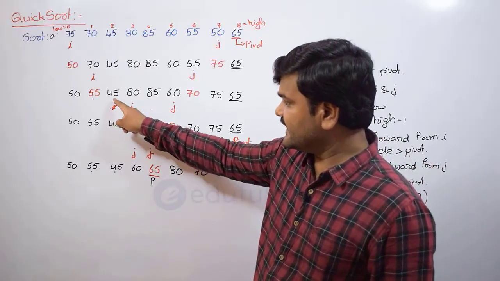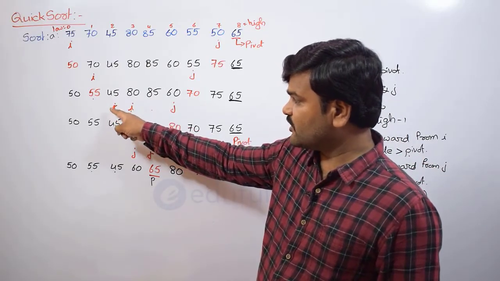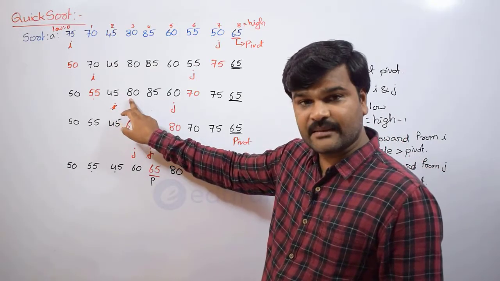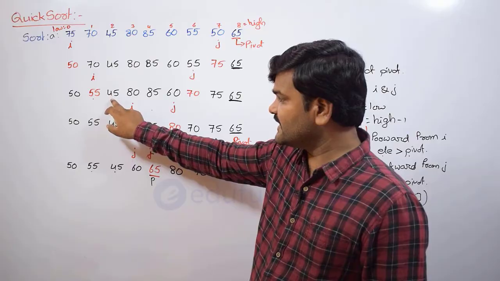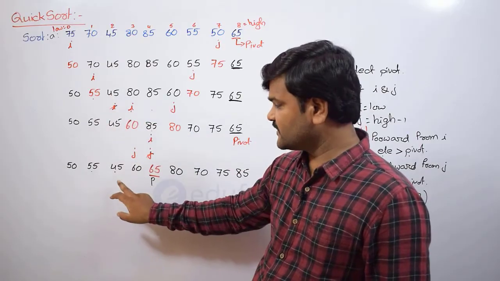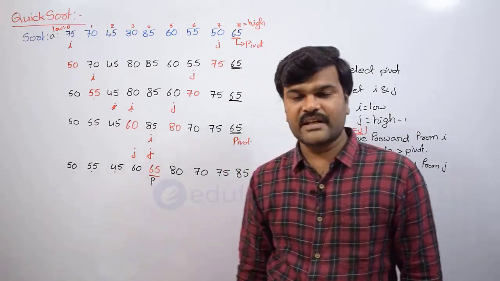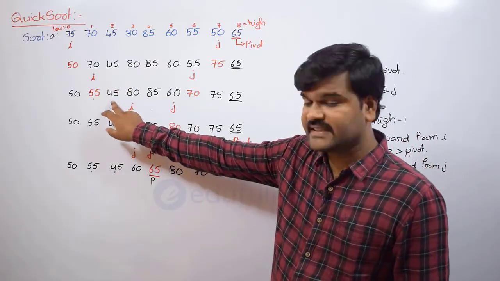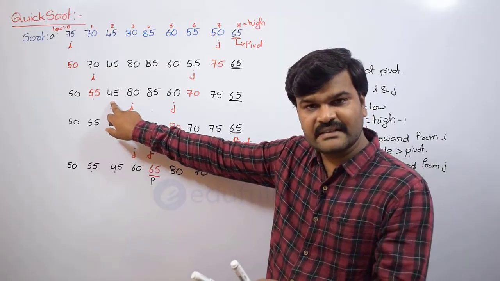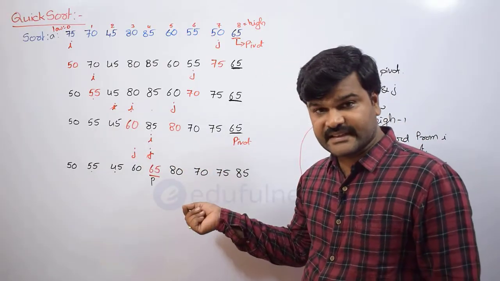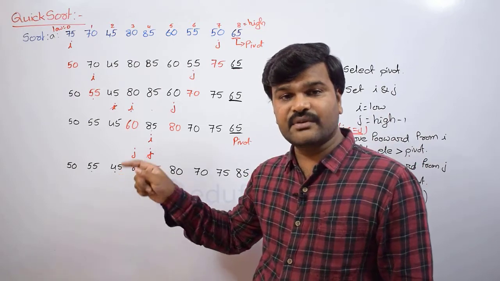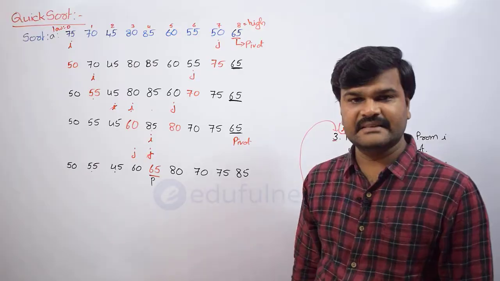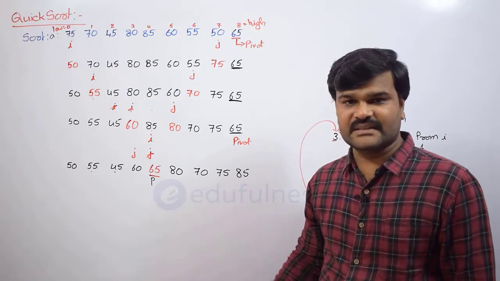So if you find any element which is less than the pivot when you are moving forward, you are skipping, you are going to the next element, because anyhow it is less than the pivot, which means it is going to exist on the left side of the pivot element at the end. So that is why you need not do anything for the elements which are less than the pivot when you are moving forward, and you need not do anything when you are moving in the backward direction if you find any element greater than the pivot. So that is what is happening here. So this is actually quick sort.